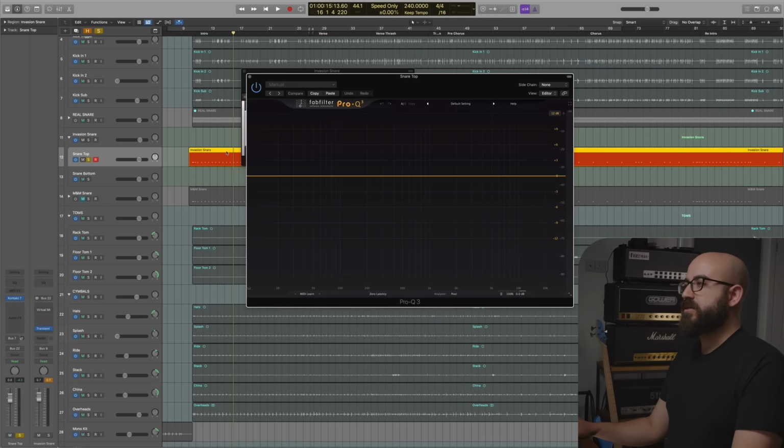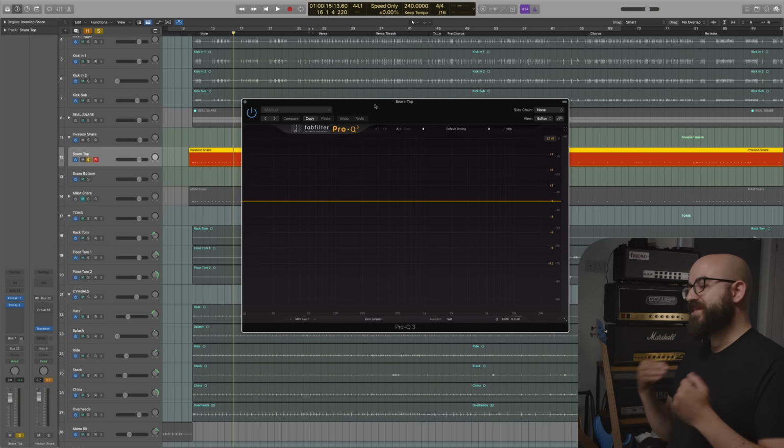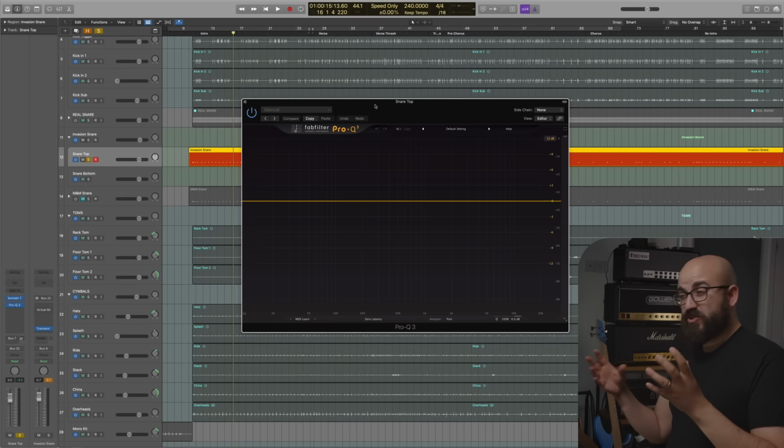I'm going to pull up FabFilter Pro-Q 3, and what I want you to do is to listen to what feels like the frequencies that are the leading edge of the sound. Like, what frequency range is the first thing that's hitting your ear and is the predominant sound in that little spike of information? I already know from listening to this, and from working on other snares too,